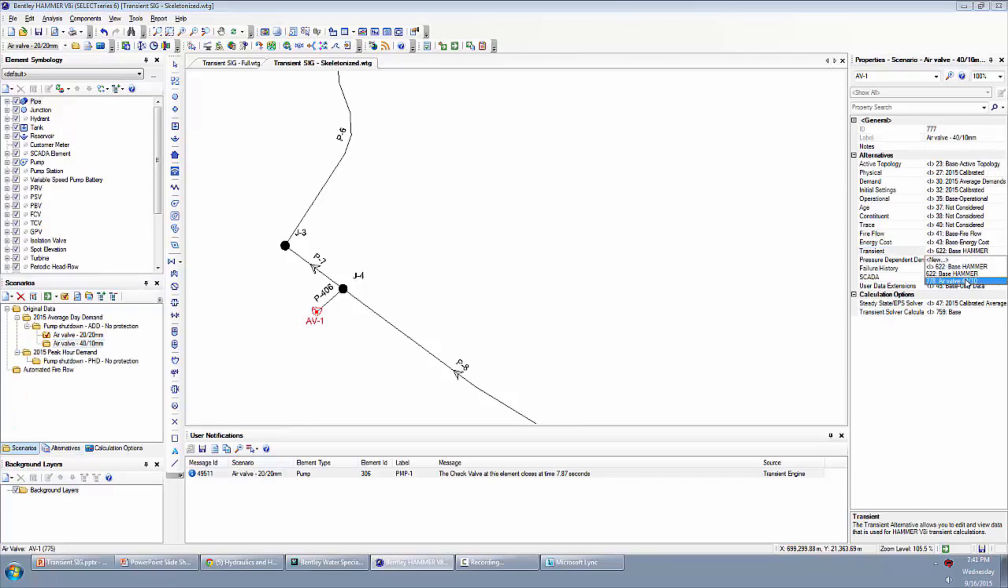Okay, in that scenario, we're going to choose that new transient alternative and also the initial